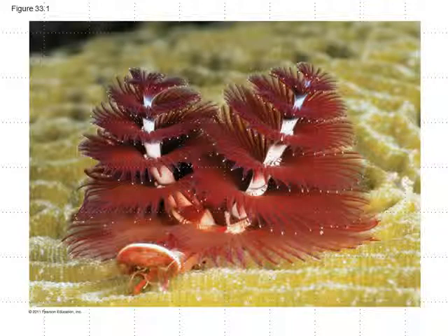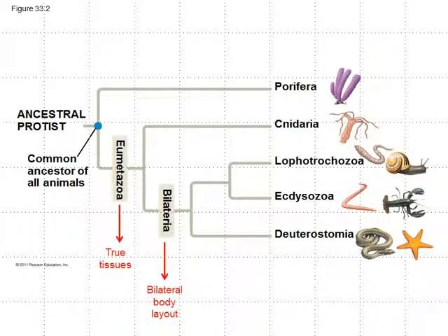If we look at the phylogeny of these creatures, remember, if you think back to the phylogeny of all the animals that we looked at previously in the last chapter, we kind of said that if you go all the way back to this ancestral common ancestor, then you have sponges, which are basal creatures.